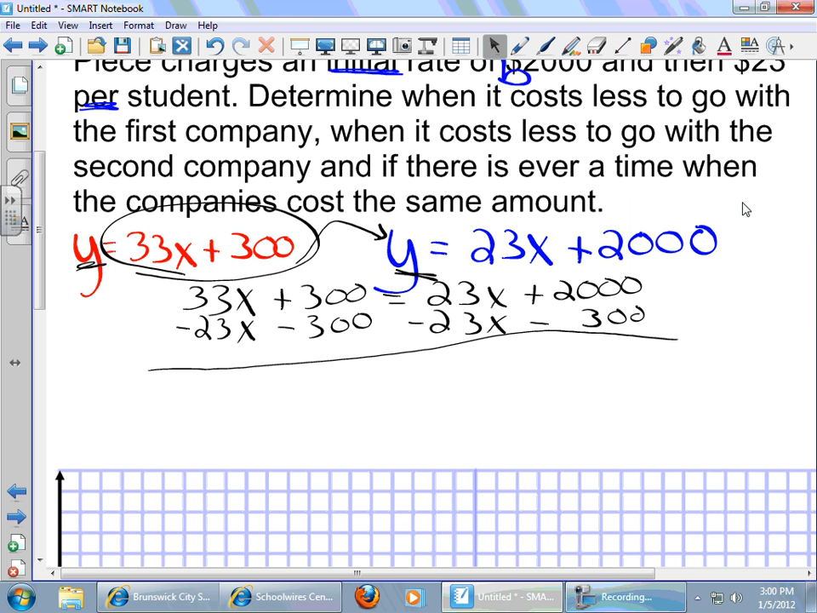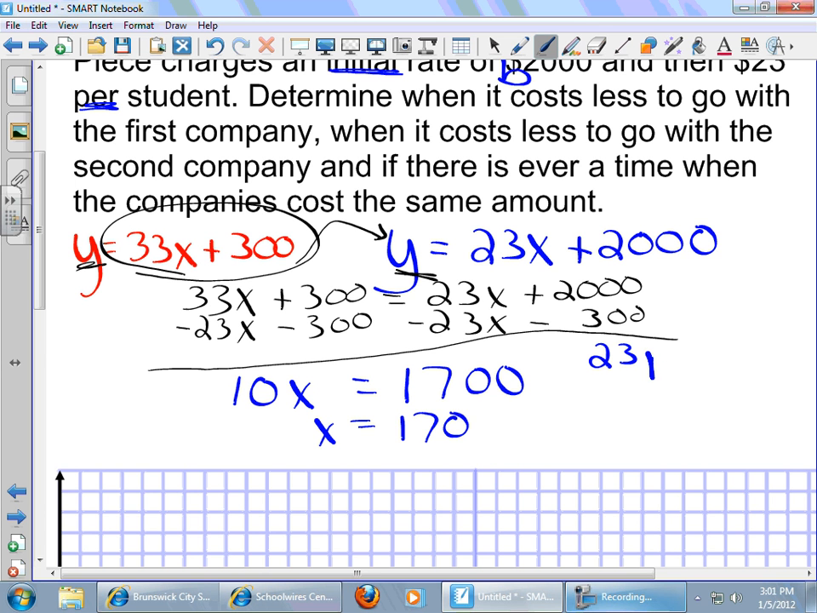But so getting back to my work, when I do this, I'll end up with 10x, and that'll equal 1,700, right? And of course, if I divide each side by 10, I'll get x to be 170. That's the equal point. That's the point of equilibrium. X is going to be my number of students. How do I know? Because it costs